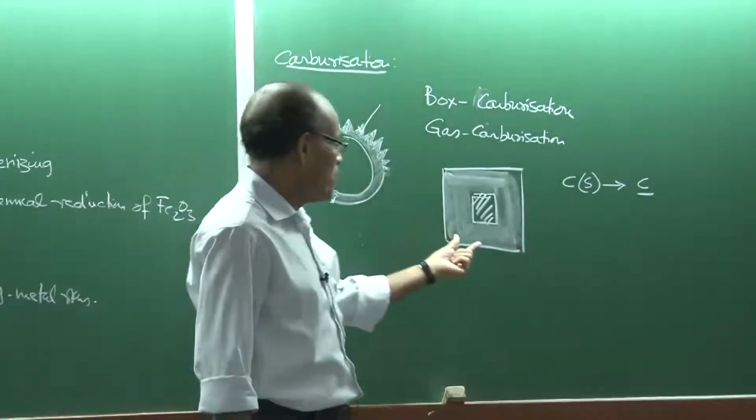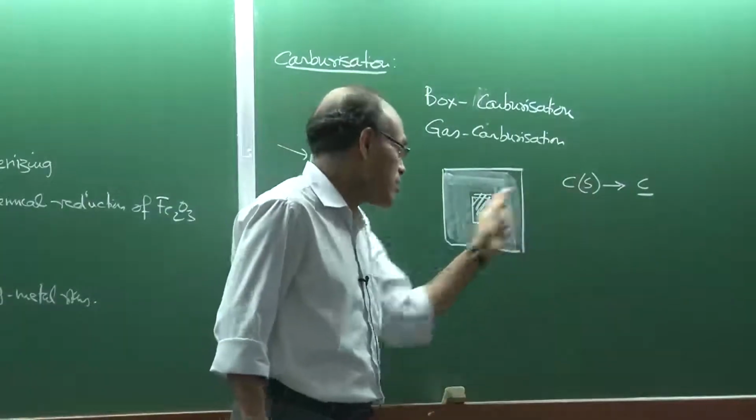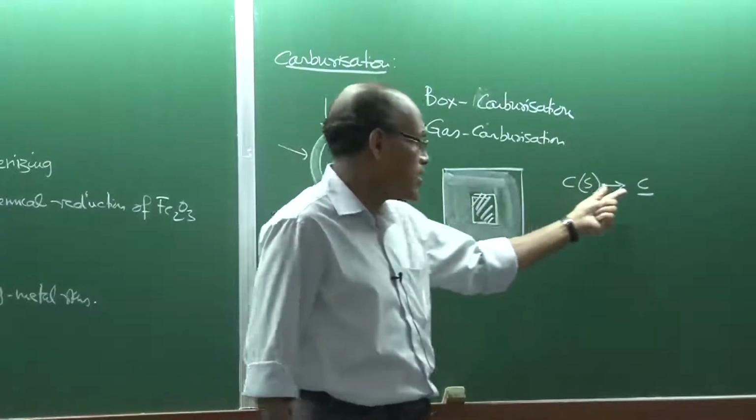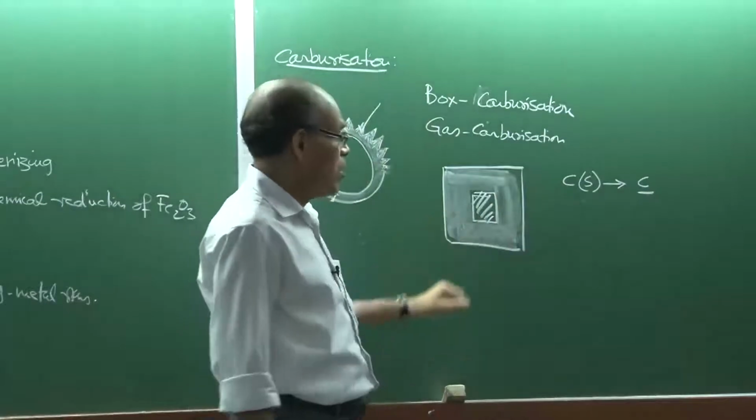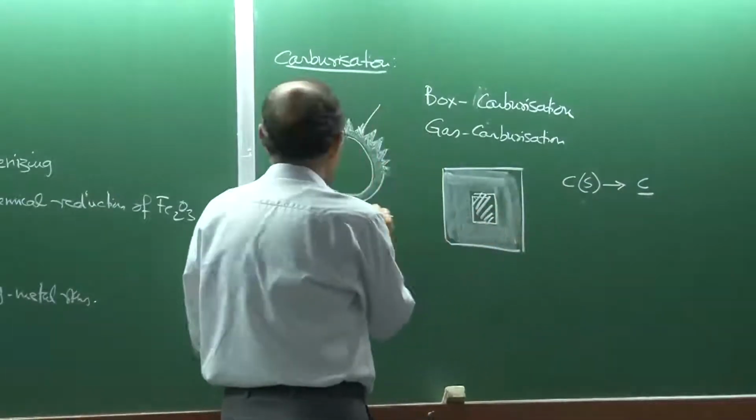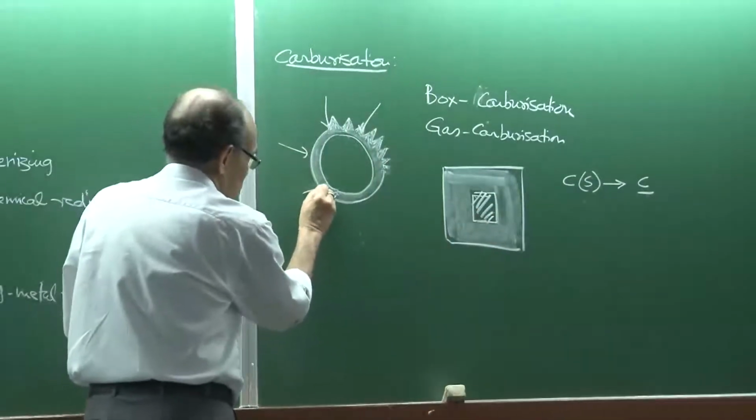So this is pure carbon, activity is 1, and this is the surface concentration, and as I have already said, this surface concentration, and then once the carbon reaches the surface,